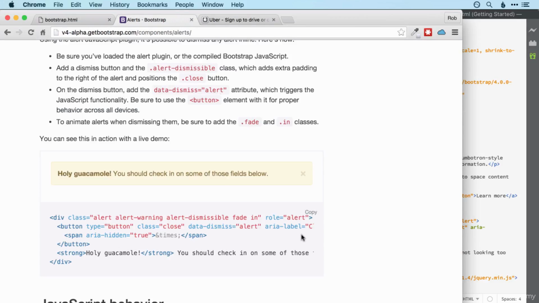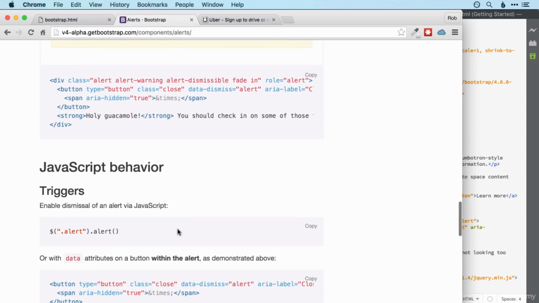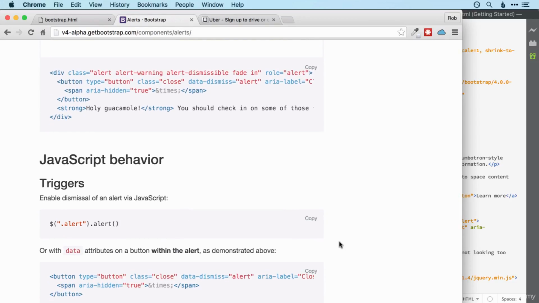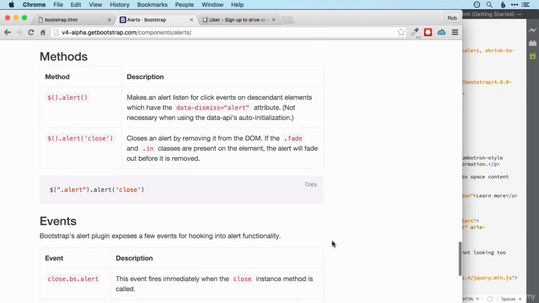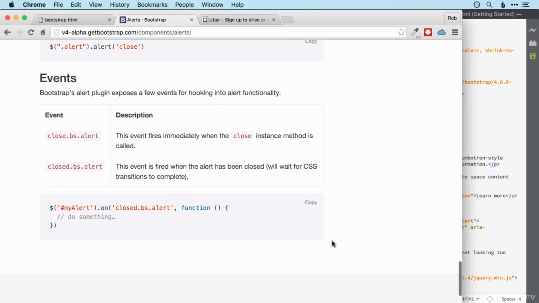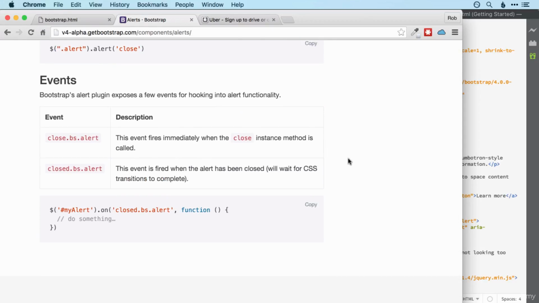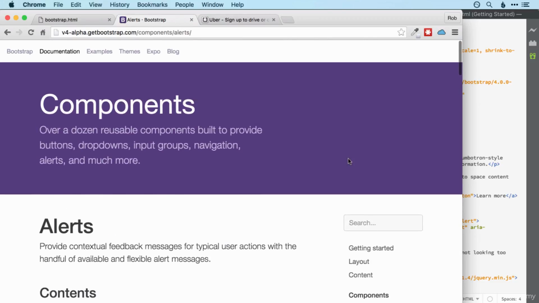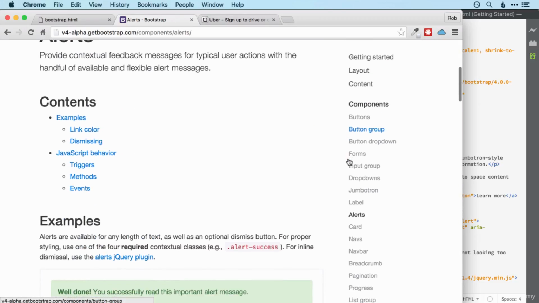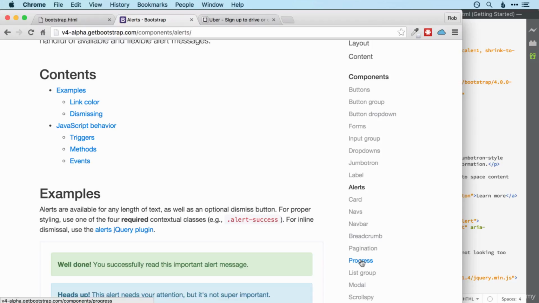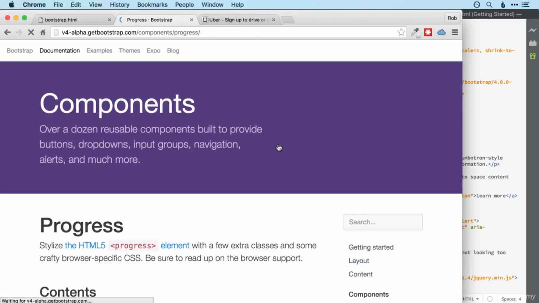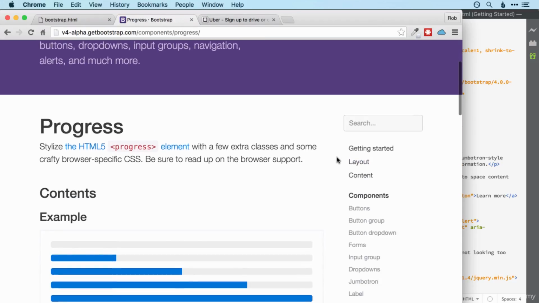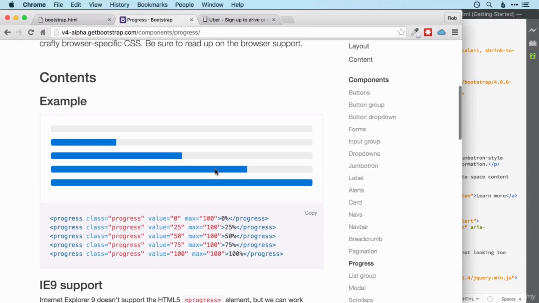Wonderful. So that's alerts, which are really useful. You can also work with the JavaScript if you want to make them do something fancy, but we're not going to look at that right now. Okay, so there are two more components that I want to show you in this video, and the first is the progress component,